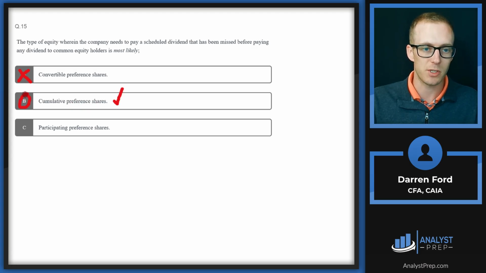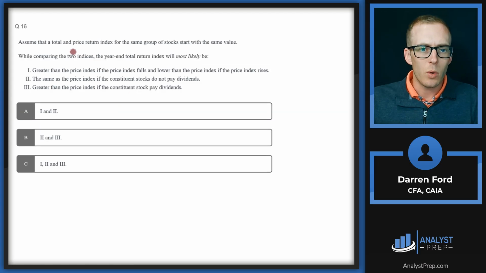And you can think of it from the standpoint of if we miss a dividend, that accumulates and that needs to be paid. That accumulation under cumulative preference shares needs to be paid before these common equity holders receive any dividends. And then C, participating. This you can remember from the standpoint of you're going to be participating in profits. So if the company hits some profit threshold, the preference shares are going to receive a higher or special dividend above their normal scheduled dividend. Answer B. Assume that a total and price return index for the same group of stocks start with the same